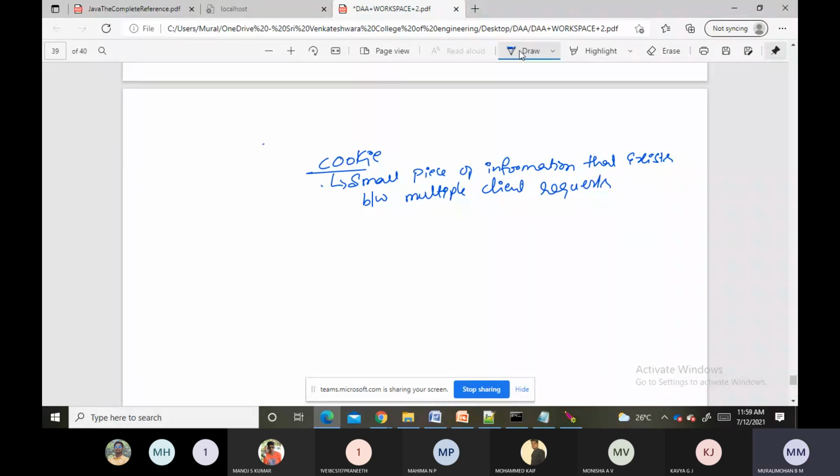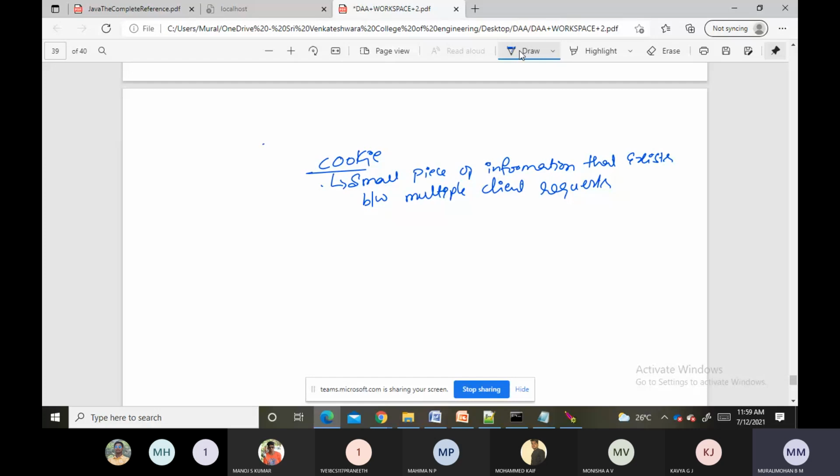So this is what a cookie is. What type of information will it hold? It holds the name of the cookie and a single value for that cookie, and it may also contain optional attributes. What are those attributes?